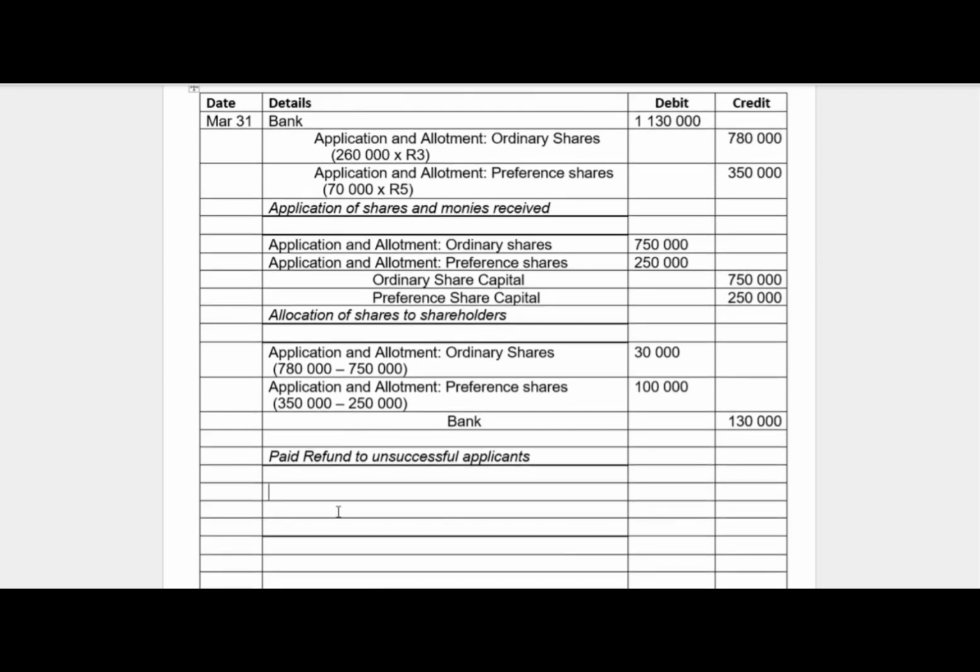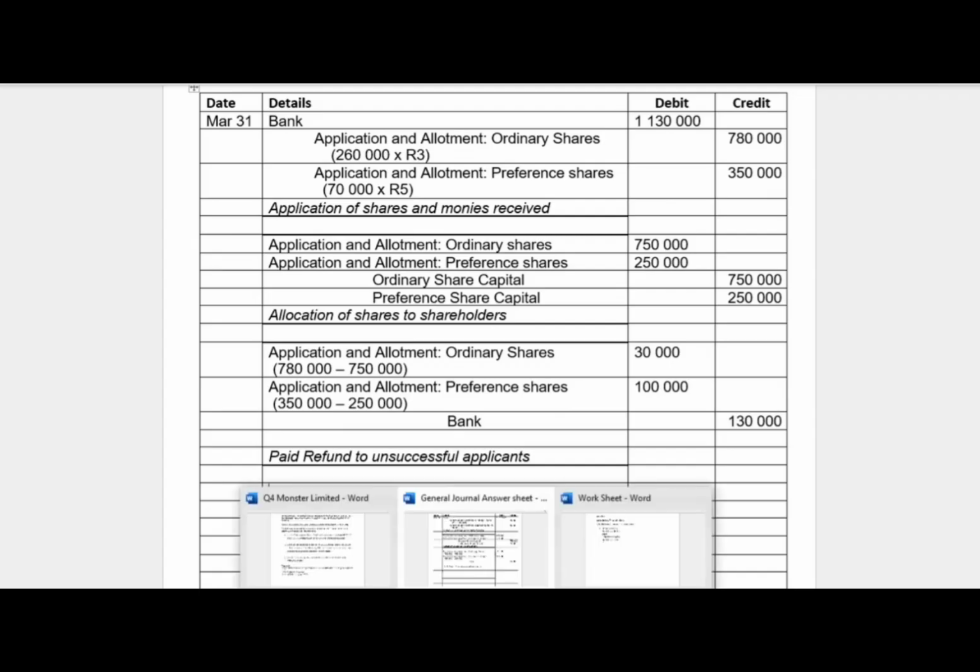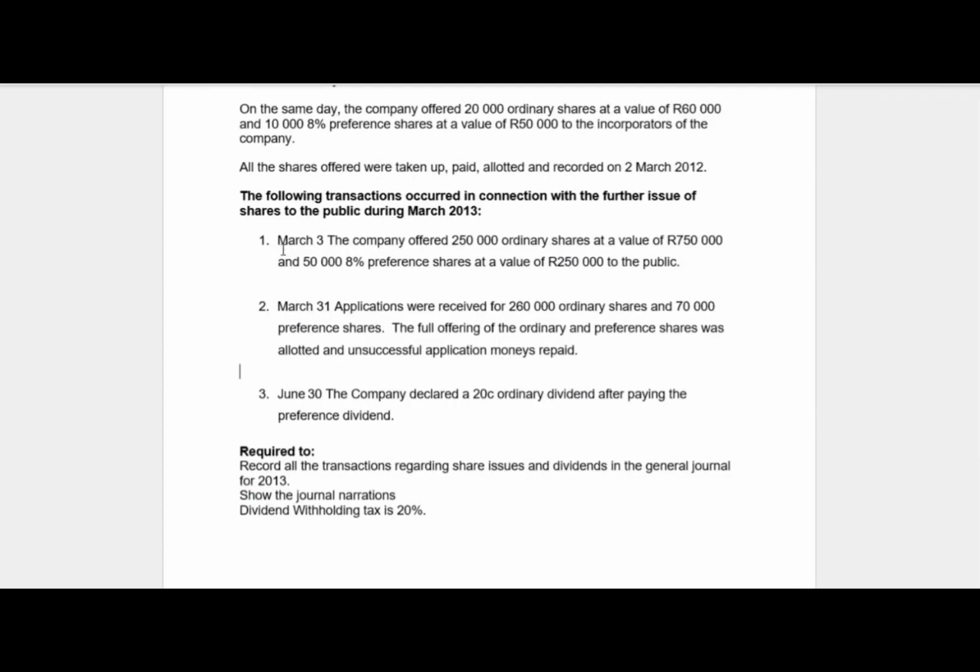Okay, then we are done with transaction number 1 and 2. Now let's go to transaction number 3. Transaction number 3, they say to you, June 30, the company declared a 20-cent ordinary dividends after paying the preference